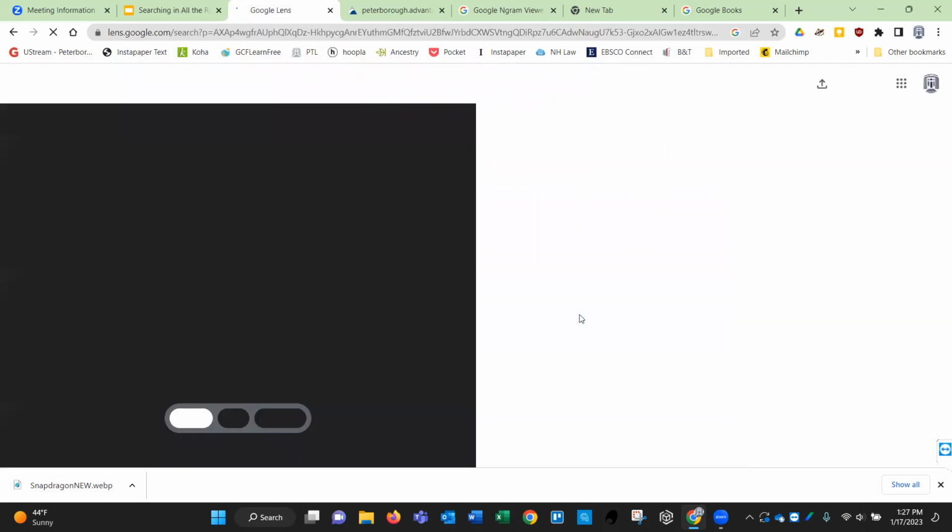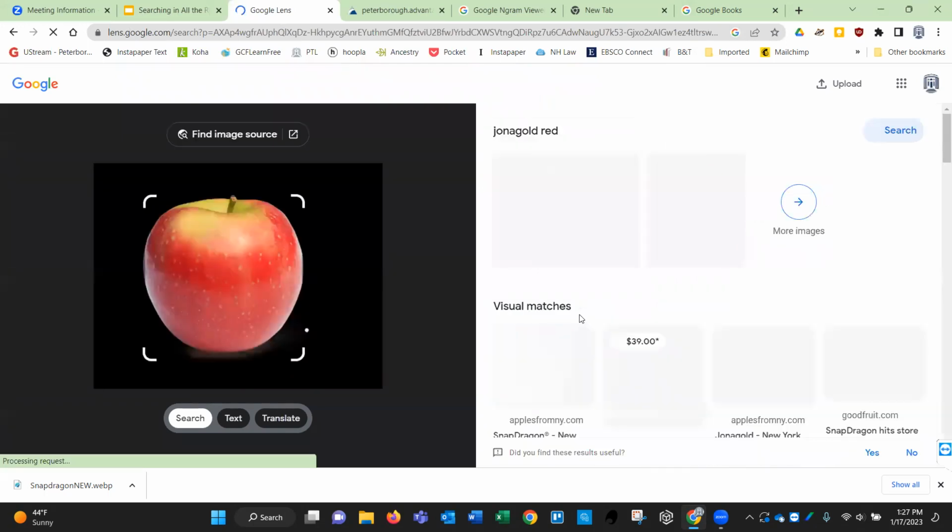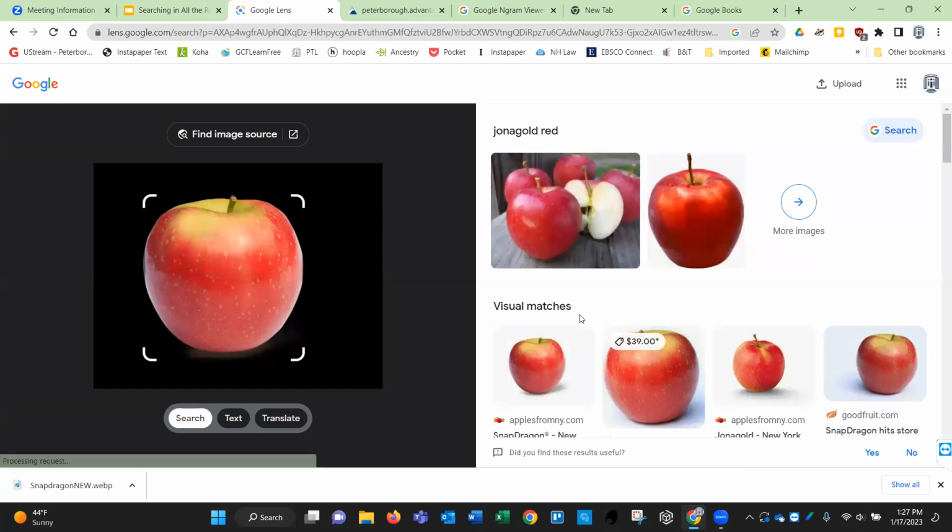It will then upload the image of the apple and give us results. So on the left-hand side of the screen, we will see our image, and on the right side, we will see the search results. So Google is looking at this and saying, I am looking in this area. You can see by the kind of